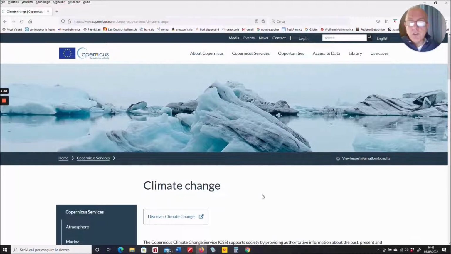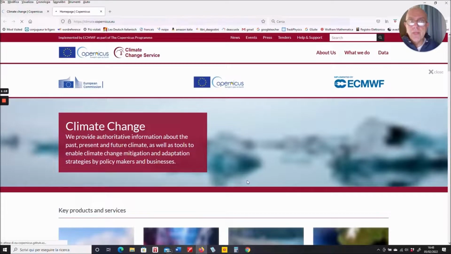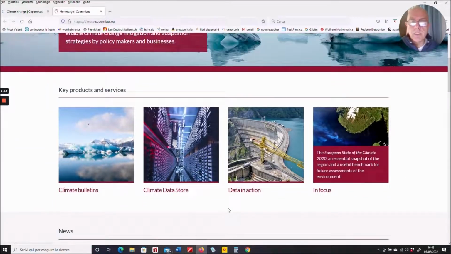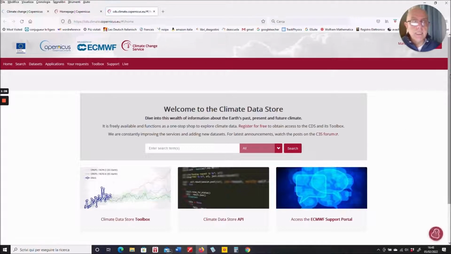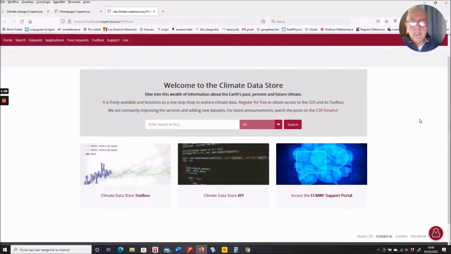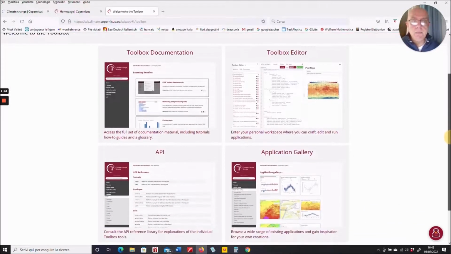And after climate change, we are interested in discovering climate change. And since we want to do exercises based on data, we go and click Climate Data Store. After clicking it, we find ourselves on this page, and we absolutely need tools to make graphs and to retrieve data. So we click Climate Data Store Toolbox, and we find ourselves in this magic box